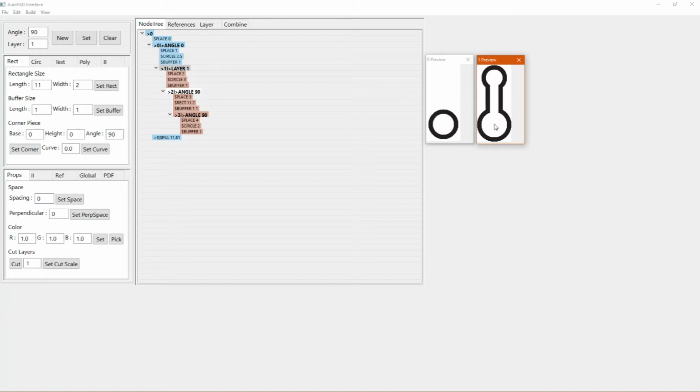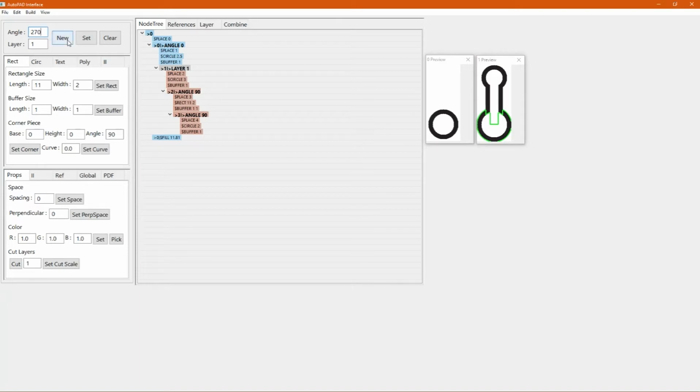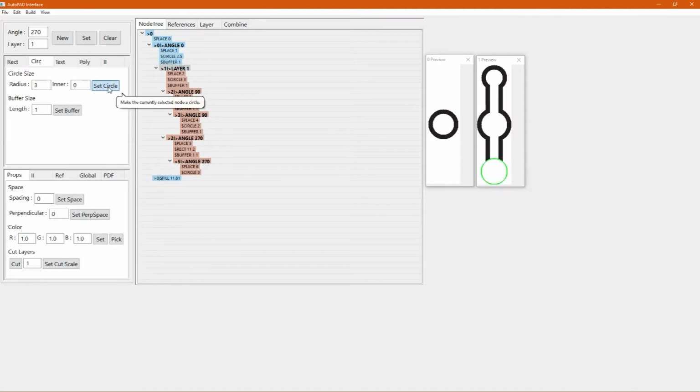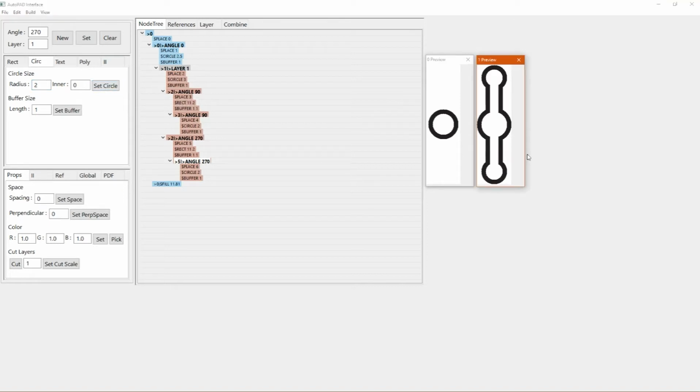So now we can go back to our first circle, and now we want to make the other channel going down. So we've selected our first circle, and we're going to make a new object off of it at 270 degrees, and we're going to make this another rectangle with the same dimensions, and we're going to make another object off the end of that rectangle, and we're going to make that another circle. Although actually we're going to make this a 2 millimeter circle like the last one, like that. So now we can see our middle layer of the design,